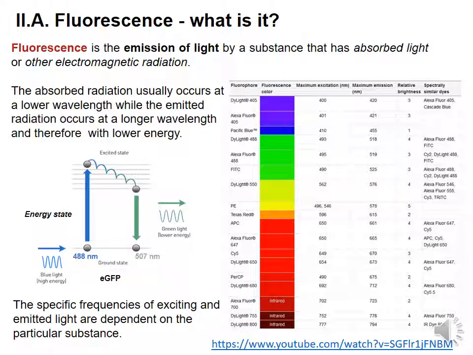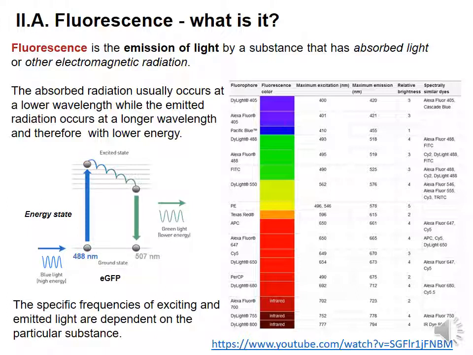In very basic terms, fluorescence is the emission of light by a substance that has absorbed light or other electromagnetic radiation. The absorbed radiation usually occurs at a lower wavelength, while the emitted radiation occurs at a longer wavelength, and therefore with lower energy. This also means that the color of the light used for excitation and the emitted light are different. When external radiation is applied to a substance, it absorbs the radiation and the molecule transitions to a